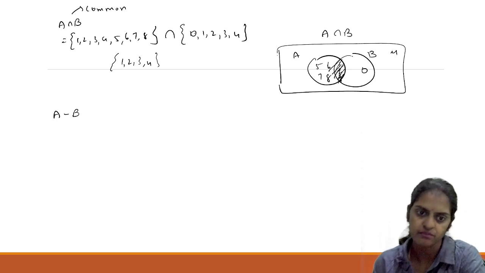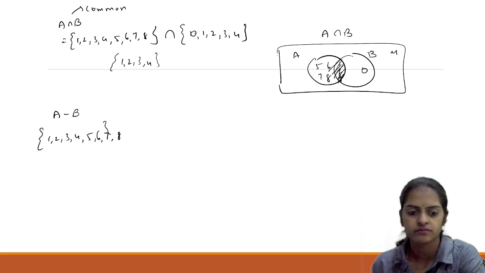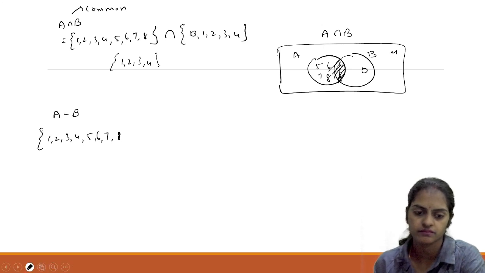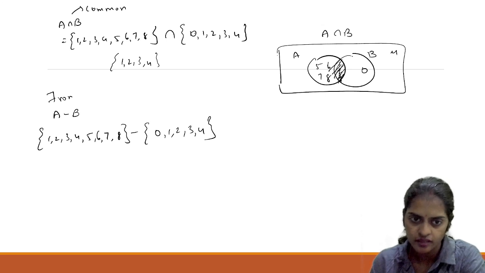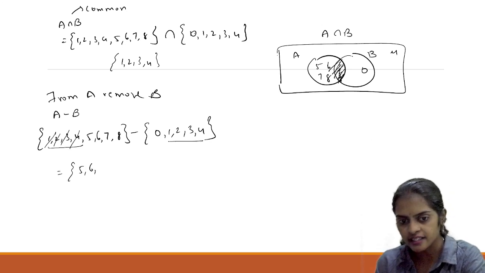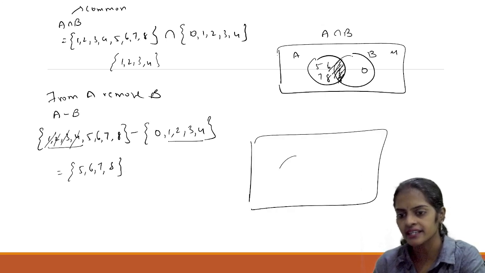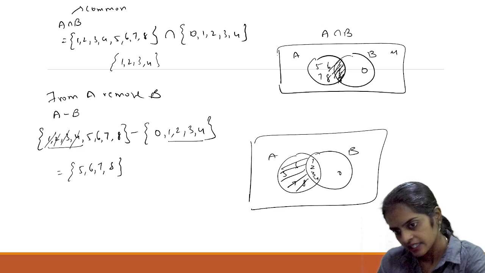Suppose if I want A minus B. So A is 1, 2, 3, 4, 5, 6, 7, 8. Minus B is 0, 1, 2, 3, 4. A minus B means from A I should remove B. Okay, please understand this concept. So from this A, I should remove B. That means the common elements of B I should remove. What is common? 1, 2, 3, 4. So these I should remove from A. What is remaining is nothing but A minus B. Did you understand? So if I have to draw the Venn diagram, A, B, 1, 2, 3, 4, 5, 6, 7, 8 and 0. If I have to remove the common area of A and B,